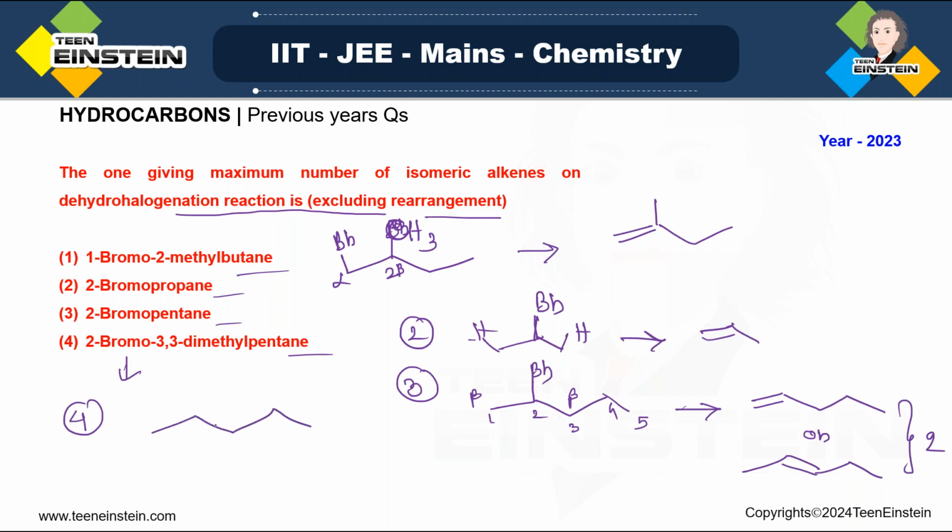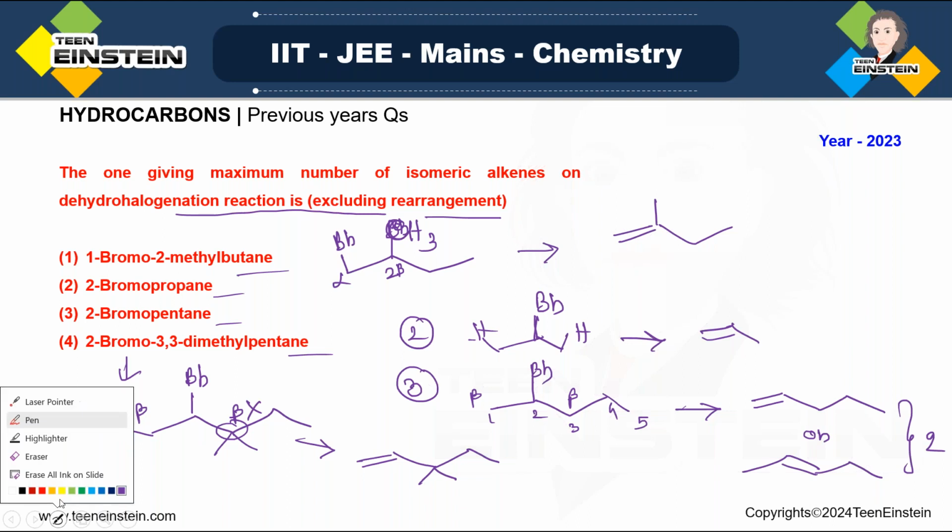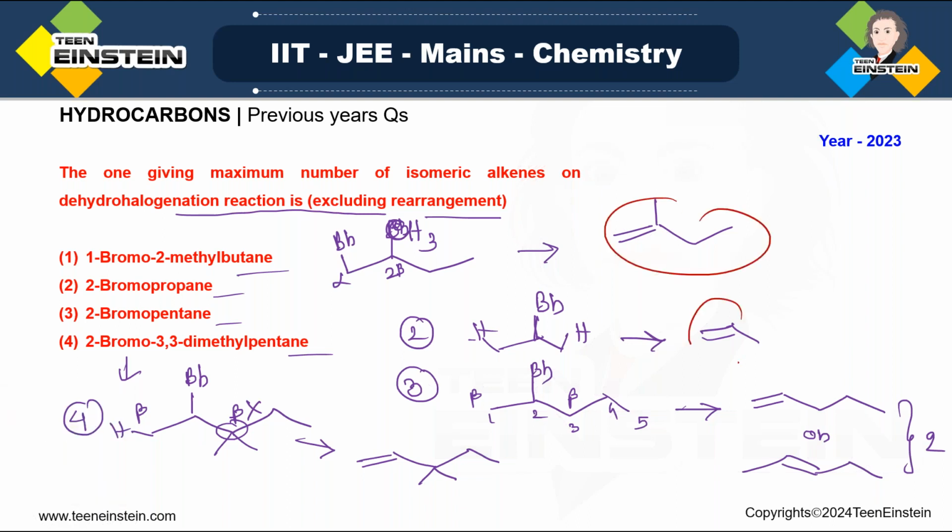3,3-dimethylpentane. First draw pentane. This is the 3 position, 2 methyl groups, bromine. Now this is a beta position, this is a beta position. But on the left-hand side beta position you have hydrogen, while here you do not have any hydrogen. So only one type of alkene maximum you can get, which is this one. And we don't have to consider rearrangement. So except 3, in all other cases you are getting just 1. Only here you are getting 2, isn't it? So that is why 2-bromopentane should give you the maximum number of alkenes after dehydrohalogenation, that is, after removal of